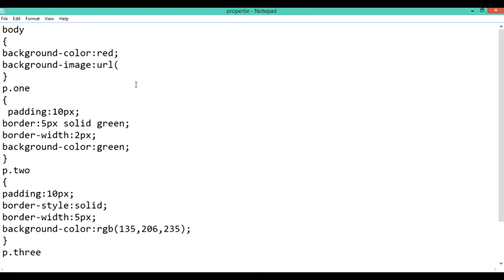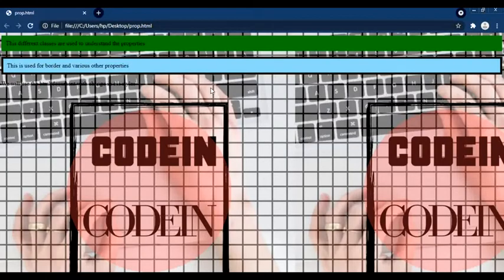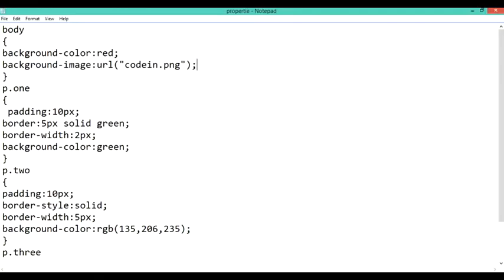So in this case, I've used a background image in the body tag, and whenever I need to add a background, I need to use this thing, that is URL. Basically the URL is the location of the file, wherever the file is stored, and the name of that particular file. So as you can see, I've used a background over here. Background is the name of my channel, and that I've used over here as an image.